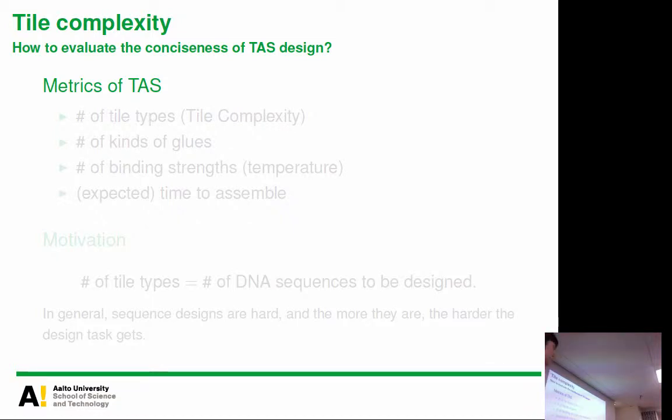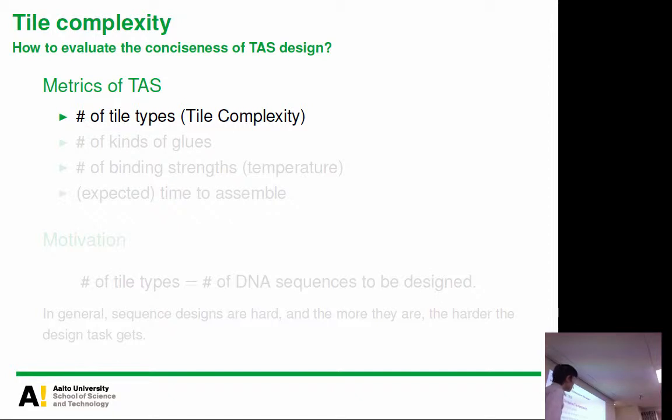I already gave one example that you have some goal, and then one person says, oh, I can achieve this goal using 100 tile types. Then the other person says, oh, no, I can do that with 7 tile types. Then in this case, this person's tile assembly system is simpler, because we need to have only 7 tile types. So that's tile complexity. You are given something, somebody says, please make a smiley mark. And then, oh, I can make it with 8 tile types, or oh, I can make it with 6 tile types, and so on.